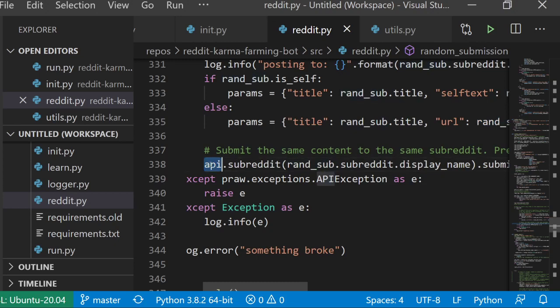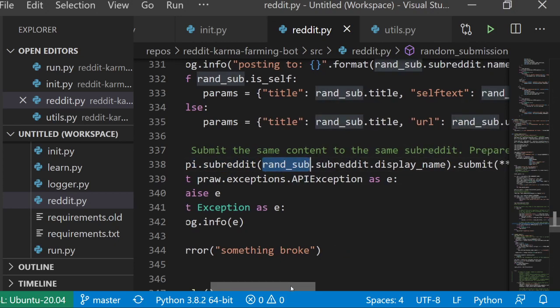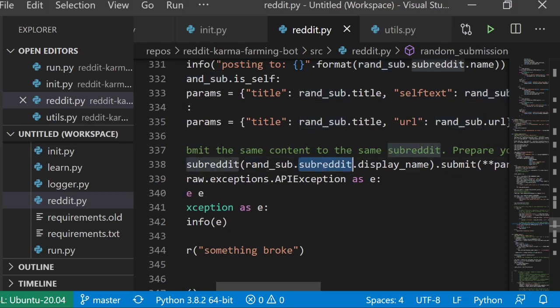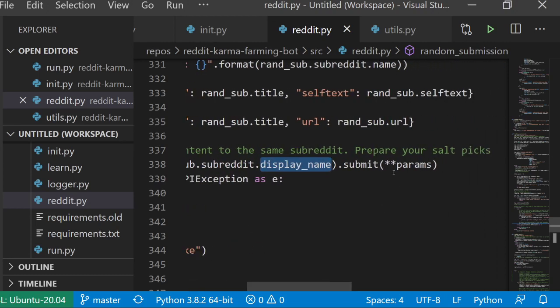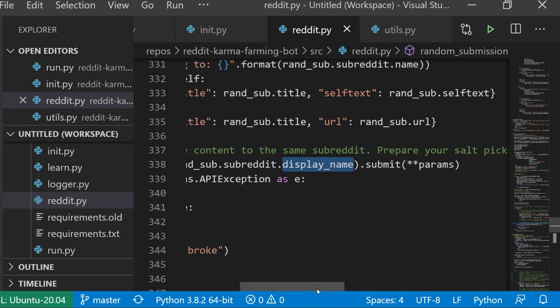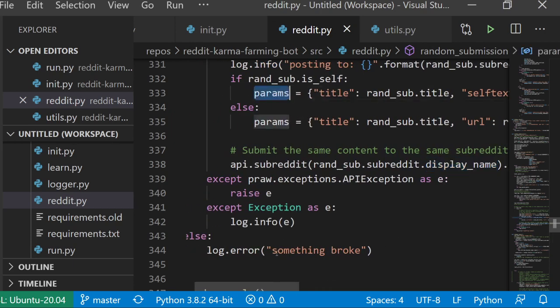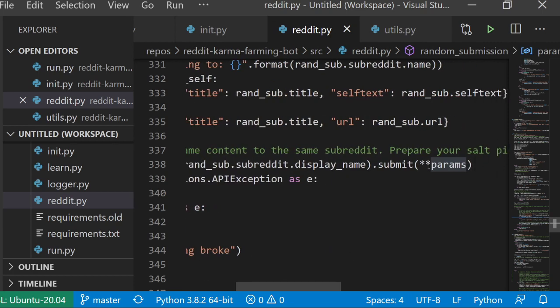So it goes to API subreddit. We have our random post, which has a subreddit object on it. And then we can get the display name of that subreddit. So we're saying we want to post to this subreddit and we want to post these parameters. And so there's the params that we're defining here. And basically this syntax just spreads out the